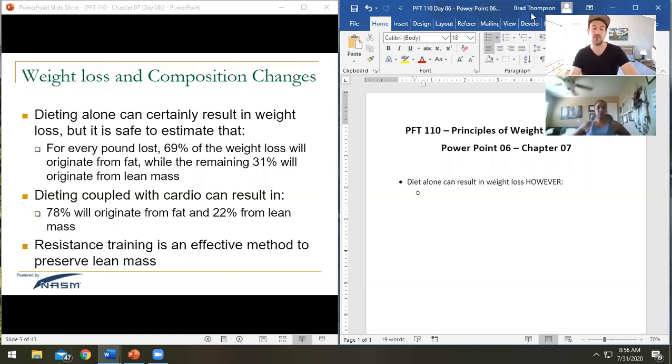So then, let's say we just start taking another really common approach to weight loss, which is,